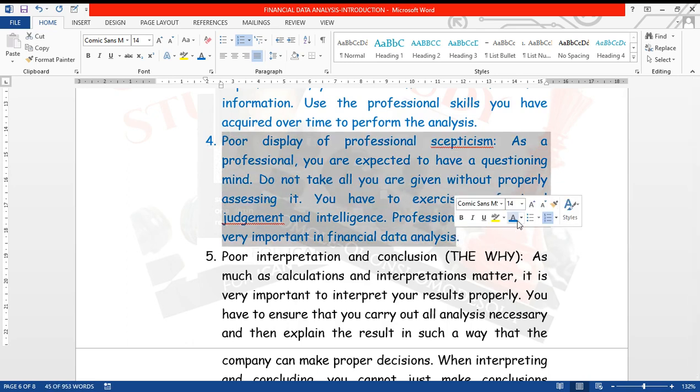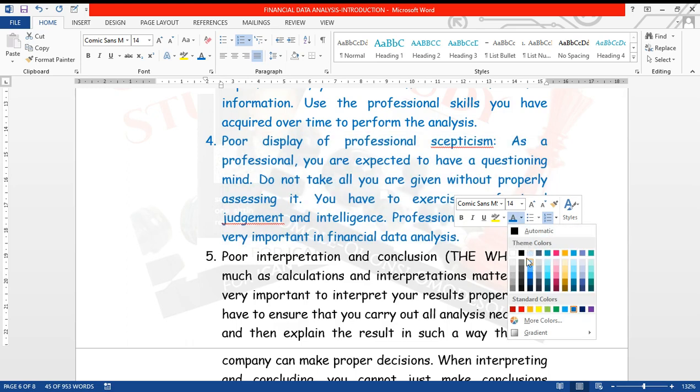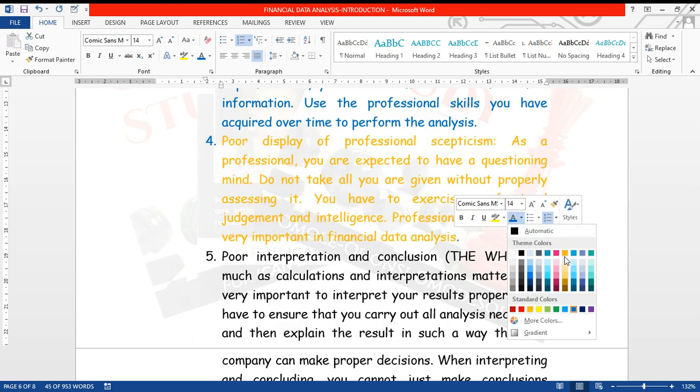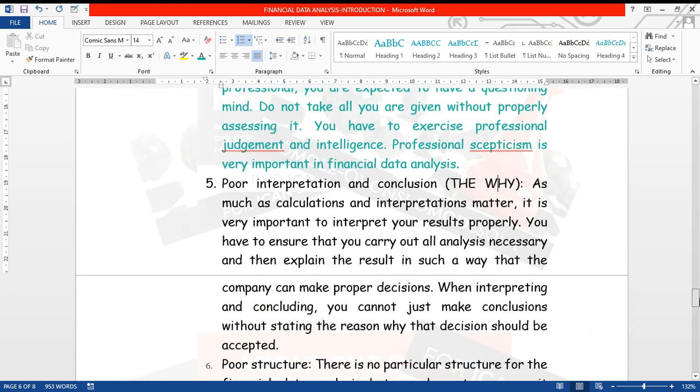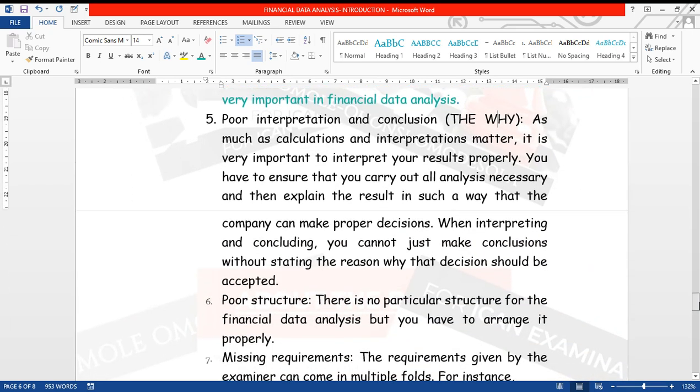Okay, this information, these probabilities they are giving us. Did you actually analyze these probabilities well? You understand? You have to display that you know this thing very well. Do you understand? So it's part of financial data analysis.